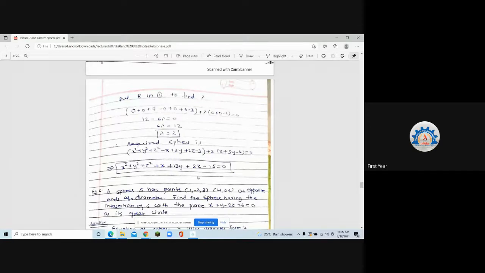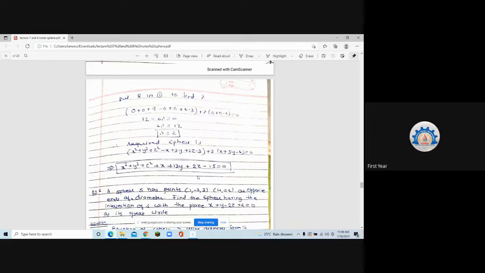Find intersection से question repeat करो ना please. Yeah, I'll repeat. The question is, find the sphere having the intersection of S with the plane x plus y minus 2z plus 6 is equal to 0 as its great circle. तो ये कंडीशन जो ग्रेट सर्कल है ना वो बाद में यूज करेंगे, पहले हमें वो जो स्पीयर चाहिए इंटरसेक्शन इन दोनों का वो पहले लिखना पड़ेगा. So what is that? S is known to you, plane is known to you, so S plus lambda u is equal to 0 is the required sphere. ये समझ में आया क्या? Yes, ma'am.